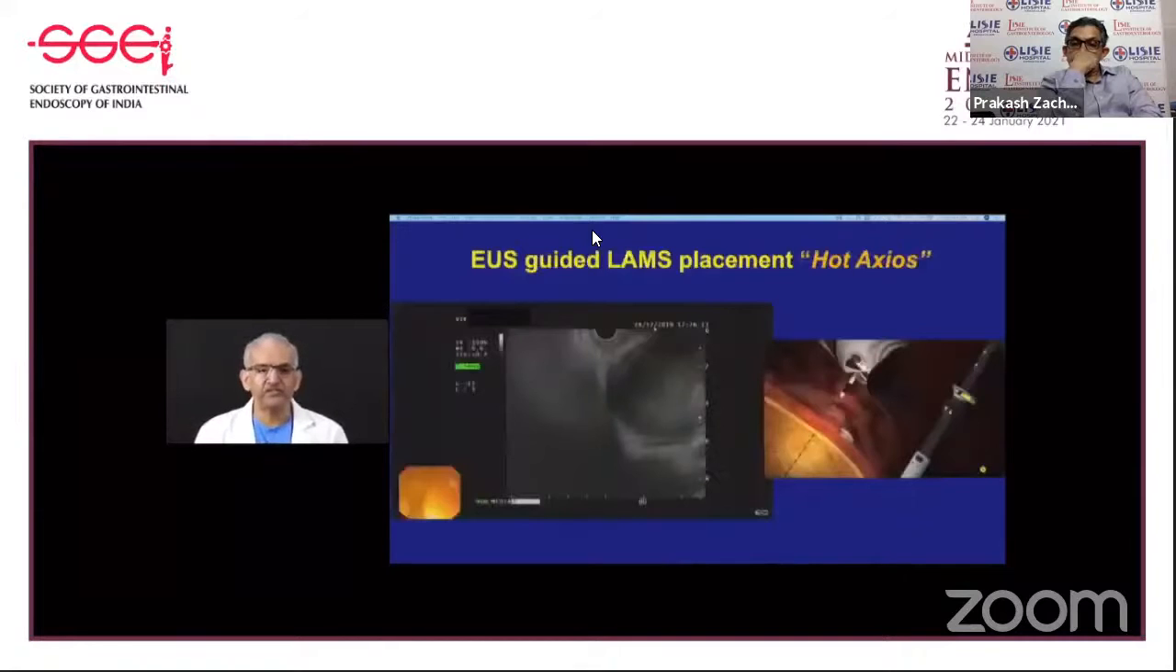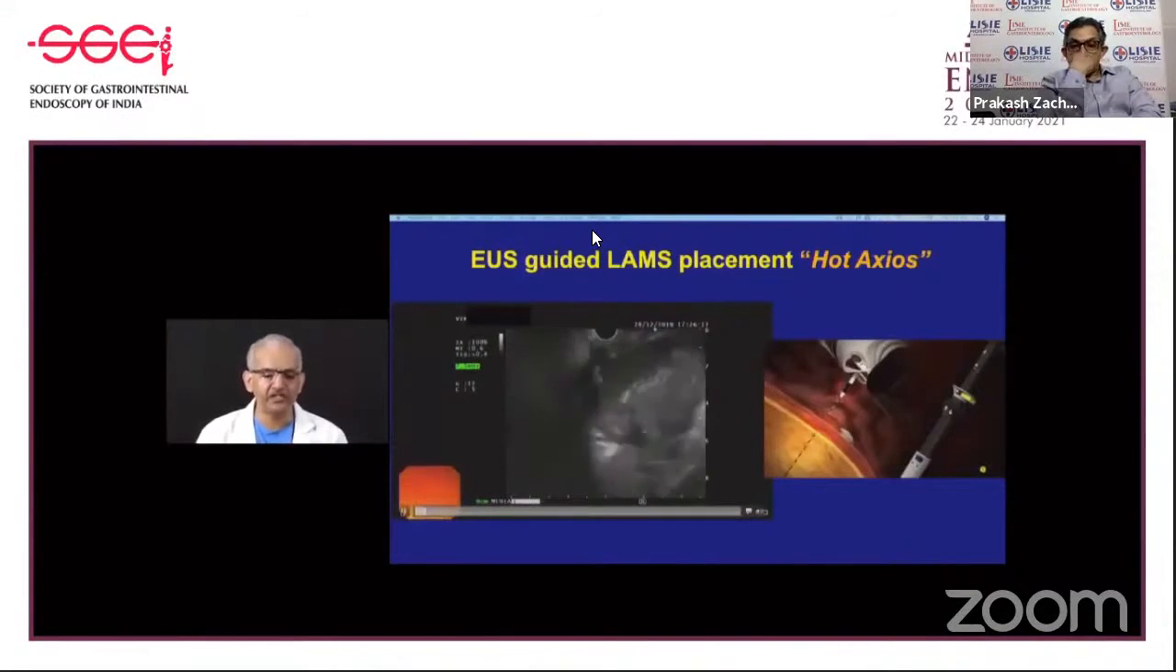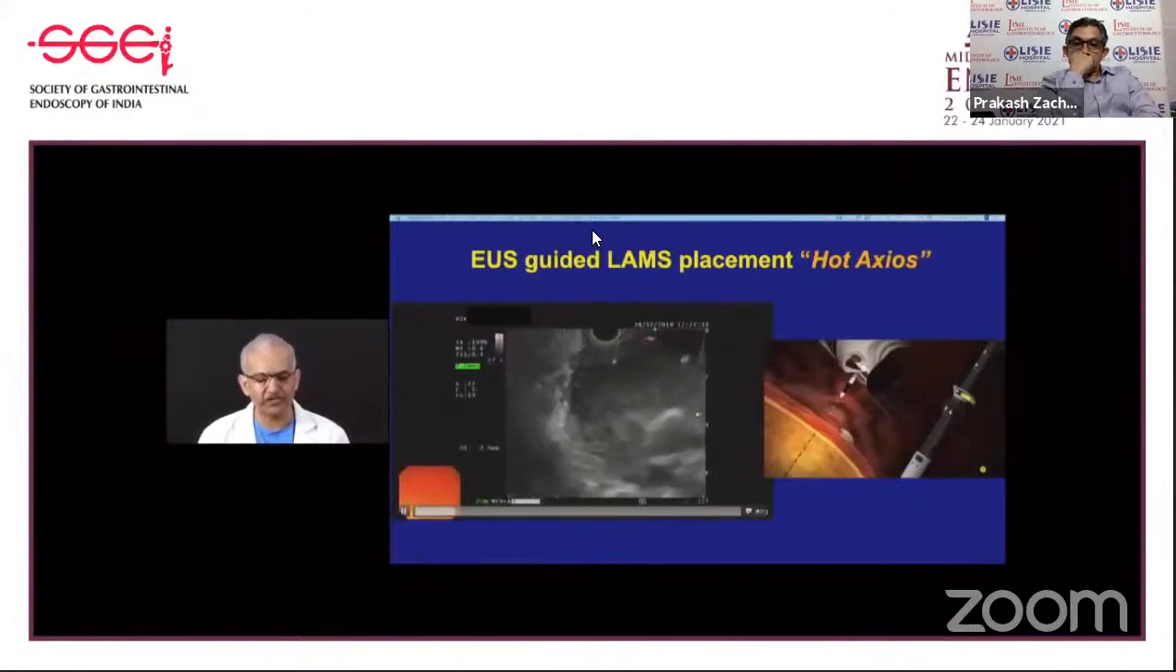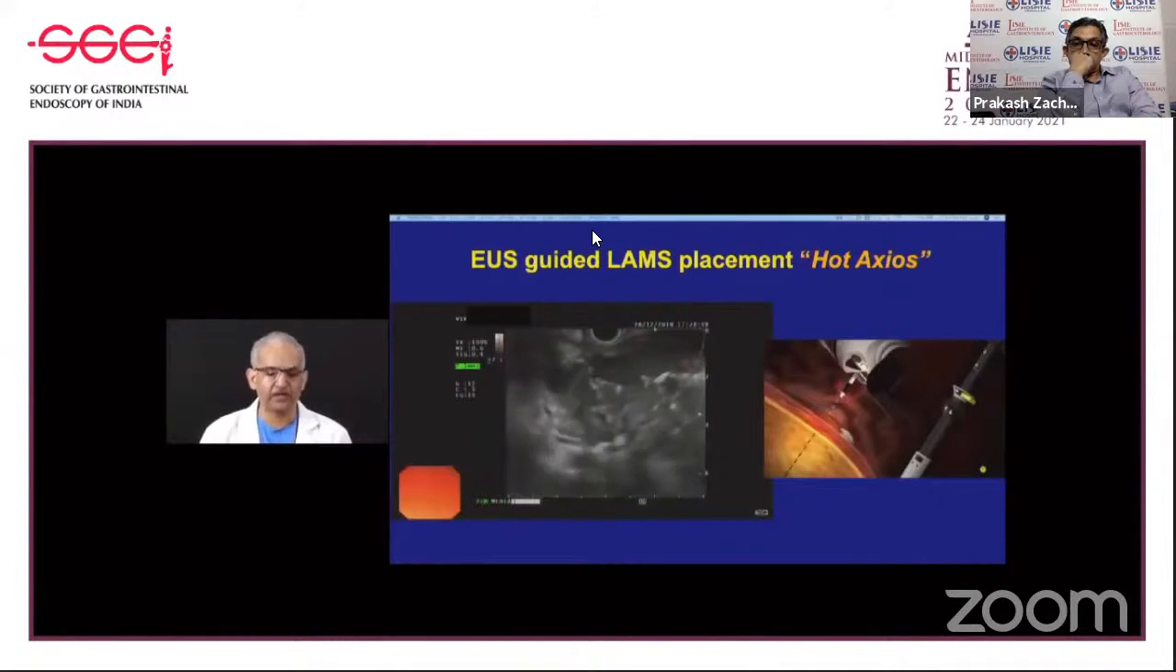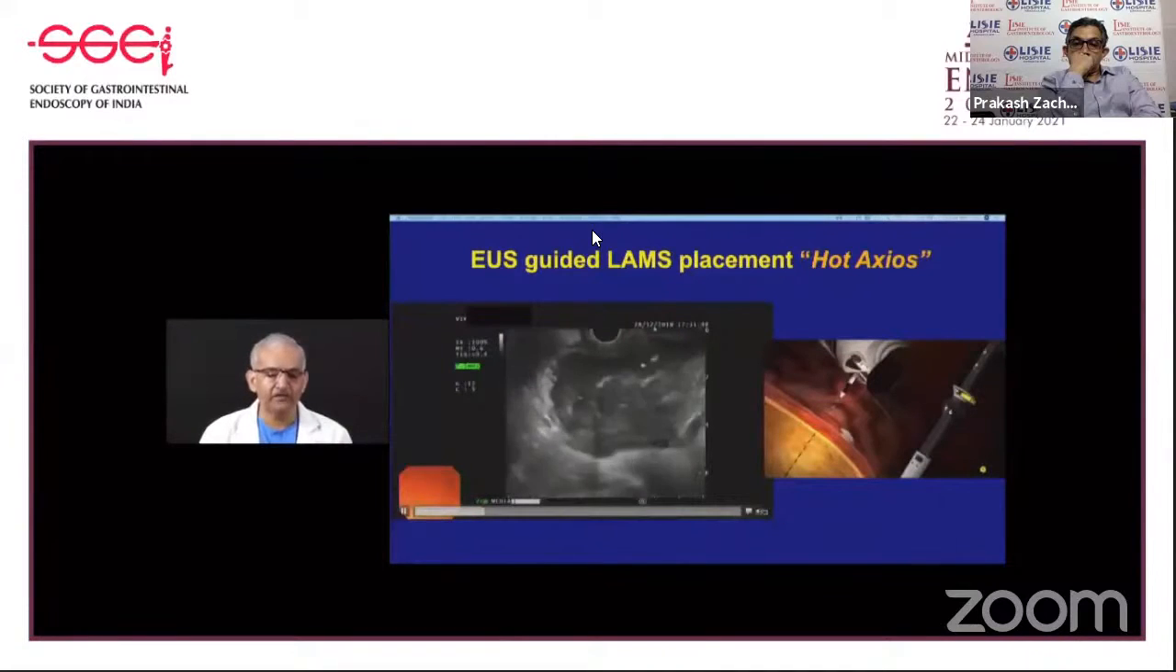Hot Axios is now the current standard in most parts of the world, where you place this very efficient lumen opposing stent, and this is what we prefer in patients who have a significant amount of debris, where necrosectomy is almost always required. And once you see the collection, we pass the